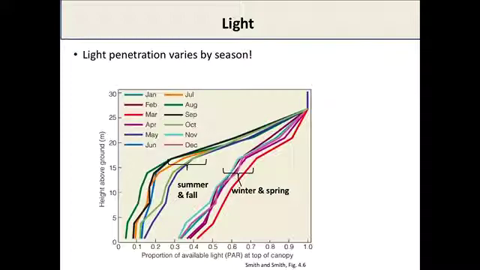What we're seeing on the x-axis here is the proportion of available light at the top of the canopy. And the y-axis is the height above ground. So if you are 30 meters high, you're getting all of the light that's available at the top of the canopy. You're top of the forest, you're that first leaf, you're absorbing 100%,